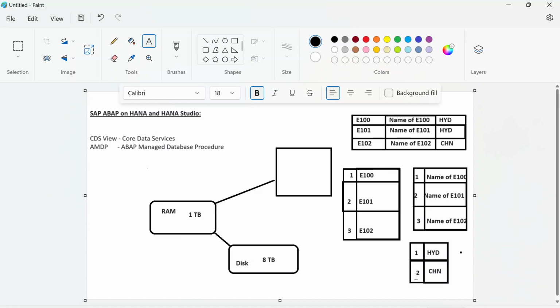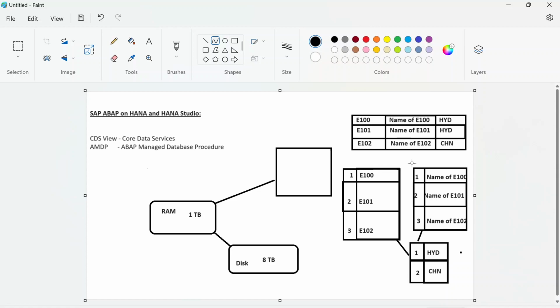Okay. So the database system will take care of that indexing. Which city value is connected with which employee column and which employee names column store table, it will maintain that index somehow. We'll see that when we are discussing HANA in detail. Each column store table is connected with each other with some index. Here the city is repeating, but in the column store table we are not maintaining the repeated values,